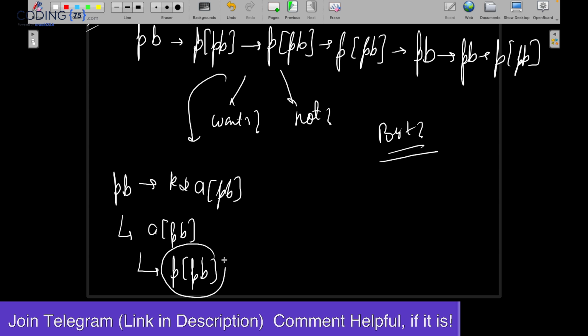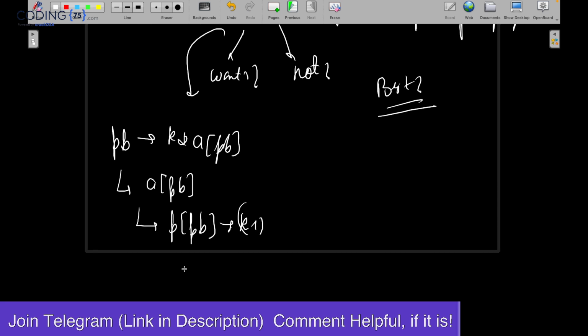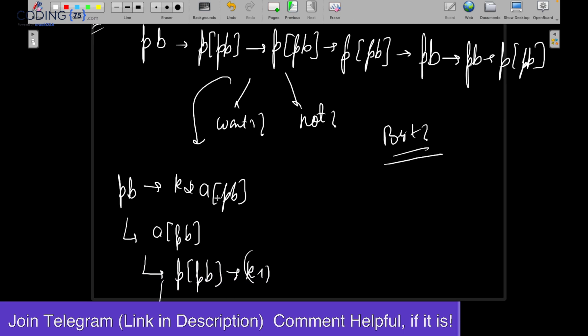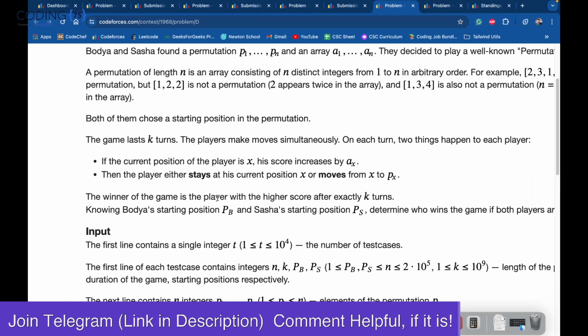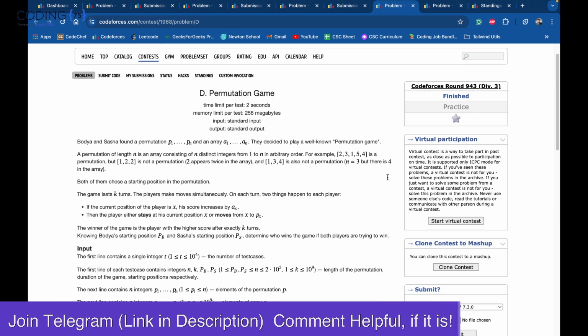And now again we will ask the person whether he wants to stay here for the remaining k minus 1 chances, or whether he wants to again move to the next index. So this is how we'll take the maximum of all those conditions. So if you see in my code,